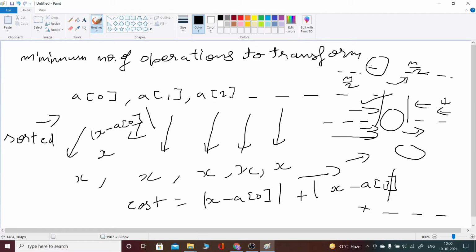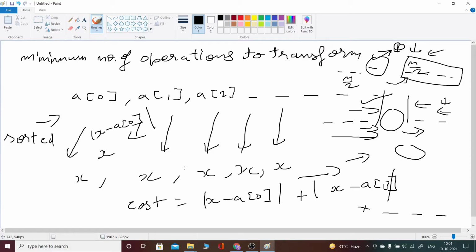Now if you take an element which is more rightwards, then you are reducing the value from the right side, but you are increasing the value from the left side, like modulo x minus a of 0, and these elements also correspond to increasing, so the overall increase would be greater. You can write this, or I will provide you another video link of mine in which I have proved this. So we can directly say that the median would be the answer if we want to convert this whole array to a single valued array. The answer would be converting to the median element.